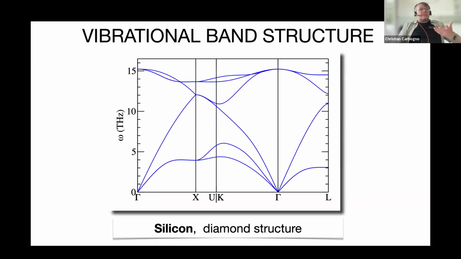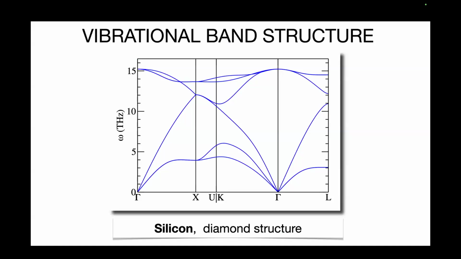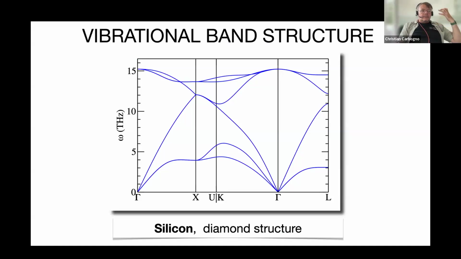So, what does such a vibrational band structure tell you, Nihat? What does such a vibrational band structure actually tell you? Yes. So, it tells you the energy of the vibrations, or in other words, if you go back to the simple parabola picture we had, you look at a certain vibration, and then you fit the energy with a parabola, and what is the curvature of this parabola. This is essentially what it tells you.